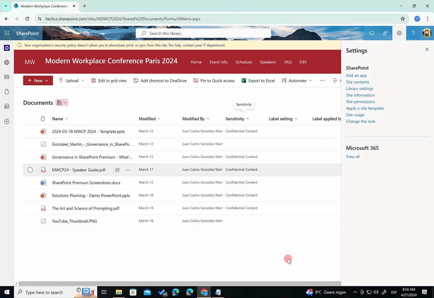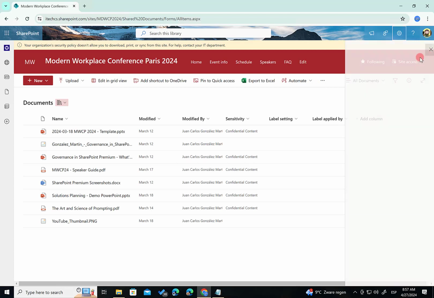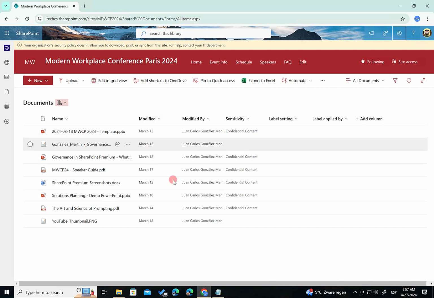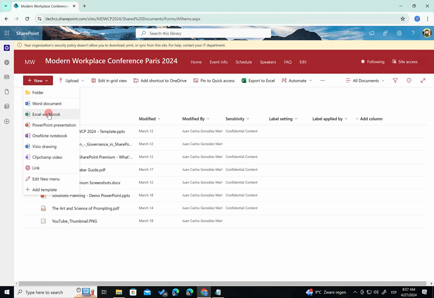I'm going to apply this, and as you can see here, both columns are empty, and it's natural because in all of the cases of the documents that were uploaded to this document library, the label was applied automatically by the process behind the scenes that is applying a label defined at the document library level. So let's see how this works. For doing that, I'm going to create an inline document in here. The same is going to happen if I upload a PDF document or an Office document. So in this case, I'm going to create an Excel workbook.